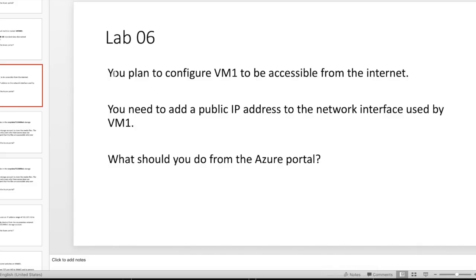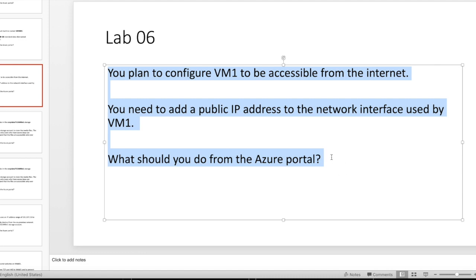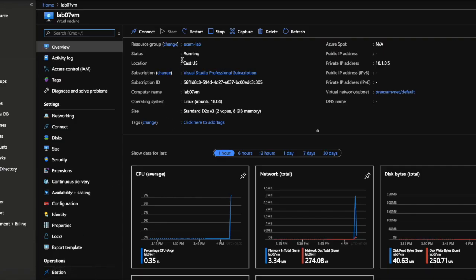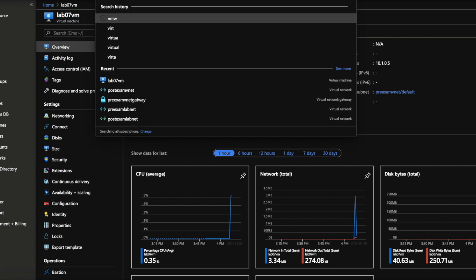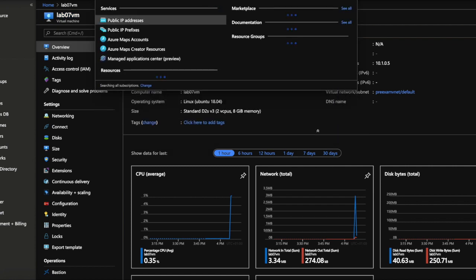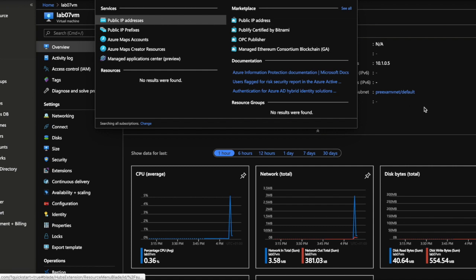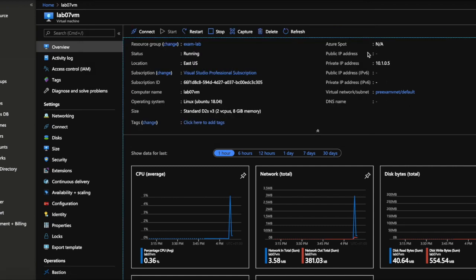Let's look at another use case. You need to add a public IP address to the network interface used by the VM. Earlier you created a VM, and at that time it was just a private IP. So let's see how we can attach the public IP to your network interface through the portal. As you can see, we don't have any public IP here. You can generate the public IP address from here, or the other way is to go to Networking,